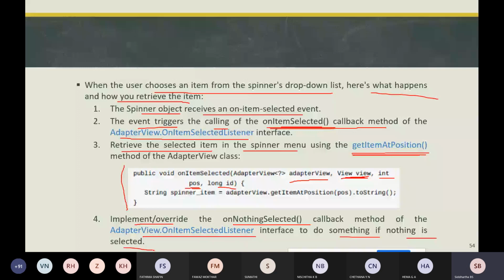What should happen if you have not selected any of them? In those cases, we can use the callback method onNothingSelected. Within that, we can write our code for what should be done if none of the items is selected from the spinner. This is how we are going to implement it.